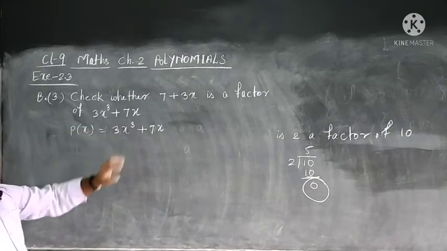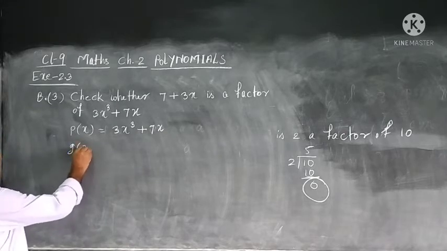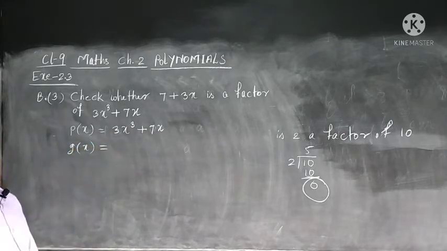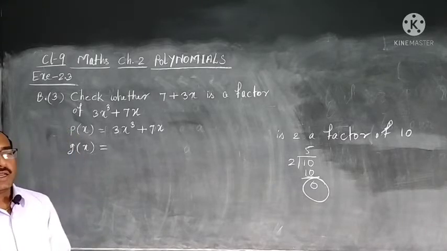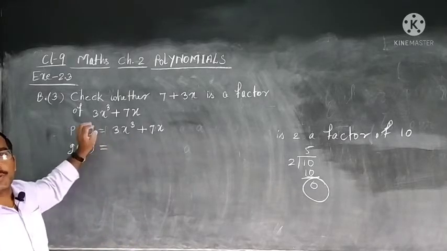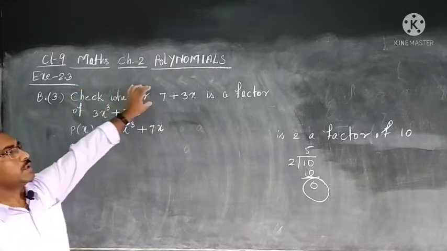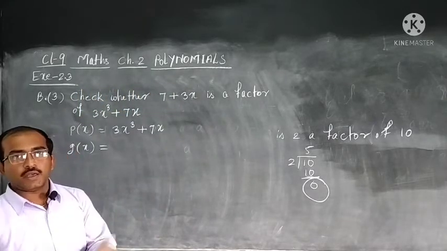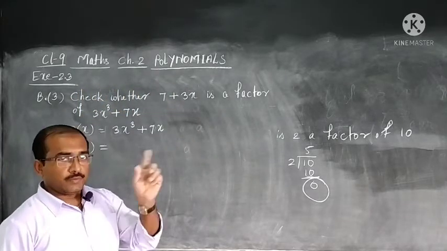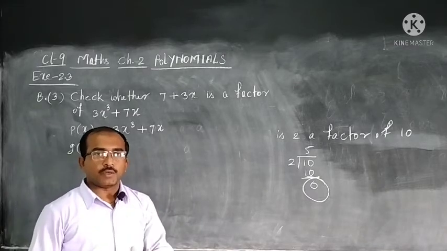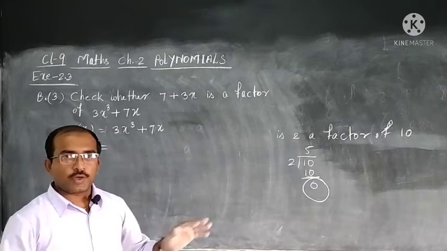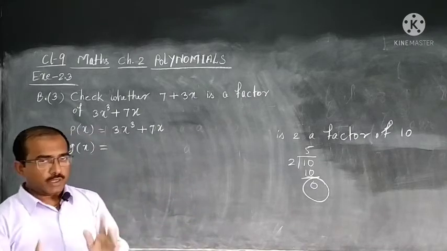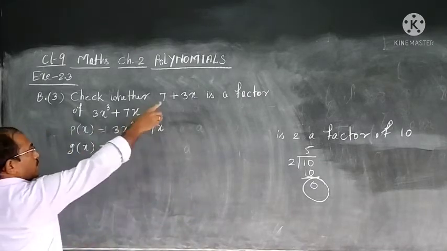So, polynomial is this and divisor is gx. This is nothing, just a name we are giving. All of us have a name, given to us by somebody. Like that we just give the name, this polynomial px, this other one is gx. Dividend and divisor. The main fact is that division has 4 parts: dividend, divisor, quotient and remainder. So, this whole work will be moving around those 4 only. Let us see. So, divisor is what?